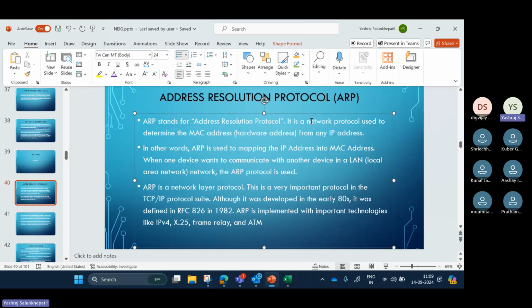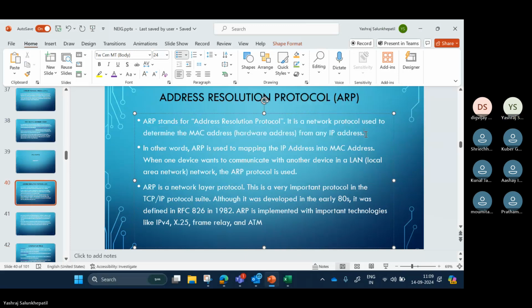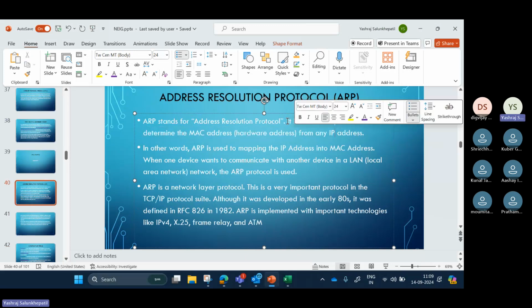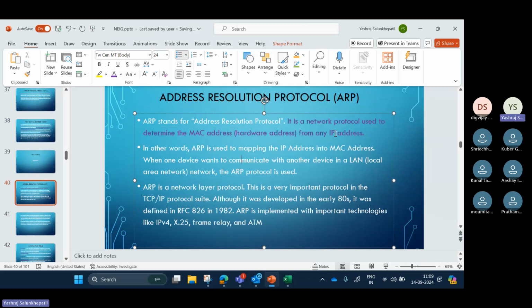Okay. It is a network protocol used to determine the MAC address from any IP address. In other words, ARP is used to mapping the IP address into MAC addresses. When one device wants to communicate with the other device in a LAN, the ARP is used.